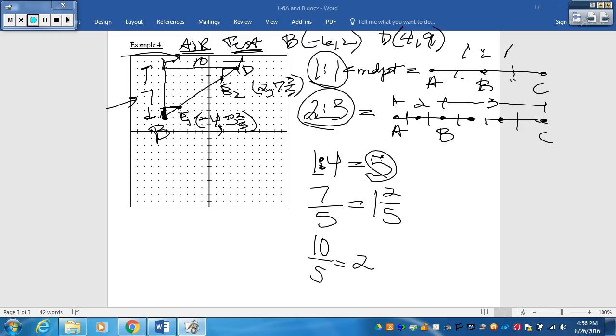Let me think here. So that would be 2.8. So we're up in point right there, almost up 3 from this point. So 1, 2, 3 would be right there. We're up at 2.8, and then we're going to go over